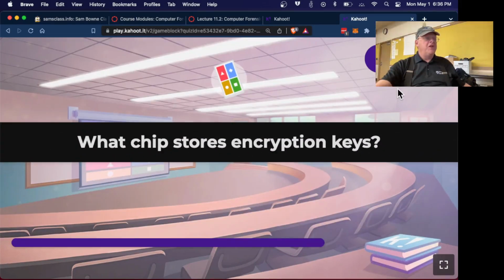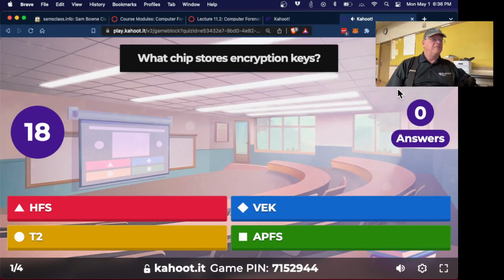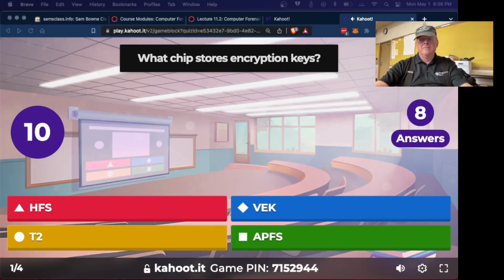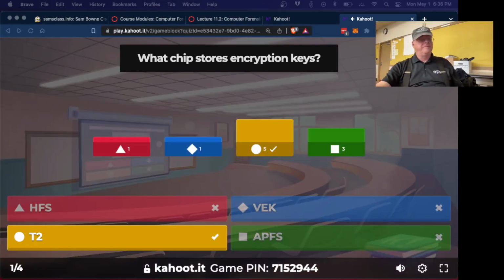So where are the encryption keys? At the T2 chip, they call it.